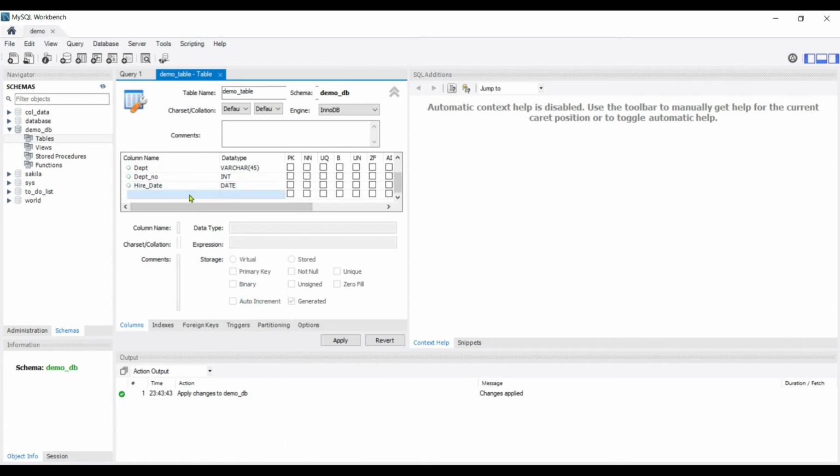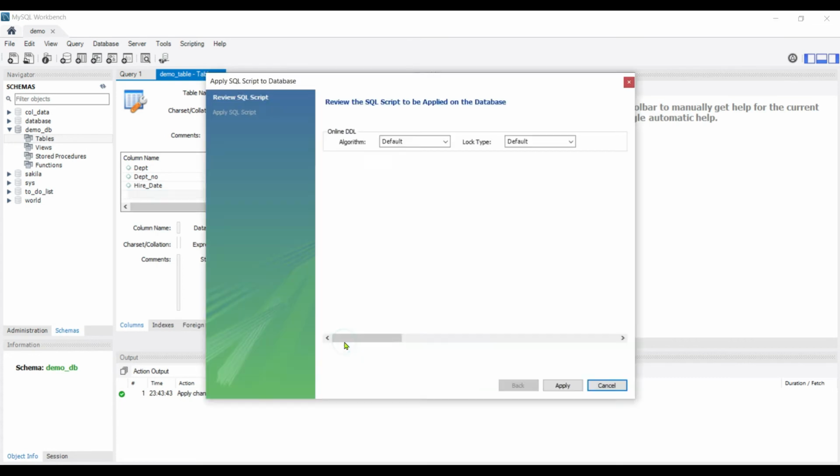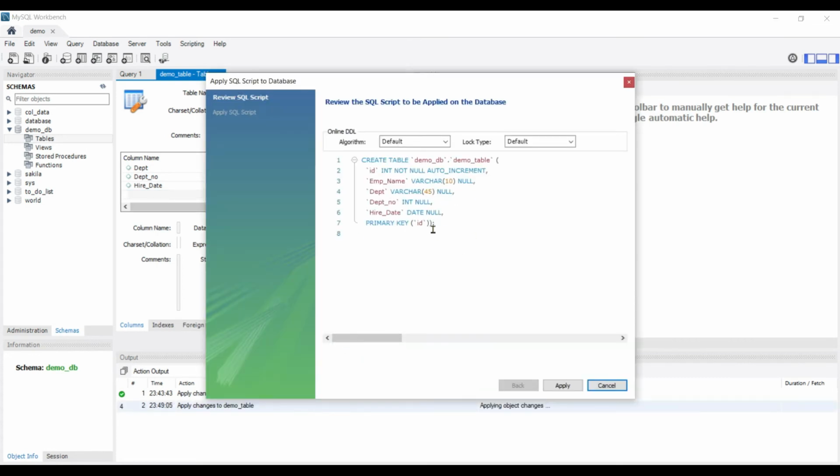And further on, you can keep on increasing the columns, and according to whatever name you're giving and whatever data type you want, you can choose from here. So I guess you get the idea. And now since I'm done with this, I can click on apply, and as you can see over here, the querying part has already been done. So in the background, MySQL Workbench will run these queries, and my table will be created. So let's go on with this.